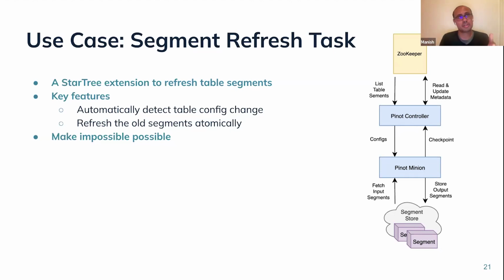Oftentimes, if you think of real-time tables, the rate at which the segments get filled depends upon the ingestion rate. And sometimes segments are too small to start with. With very small segments, you have many segments, which puts pressure on Zookeeper and metadata. So we want to merge those segments and make them larger. These kinds of tasks can automatically look at this, and you can set a particular segment size that you desire, and then it detects this difference and starts building those segments. So this is another very powerful task that we use.